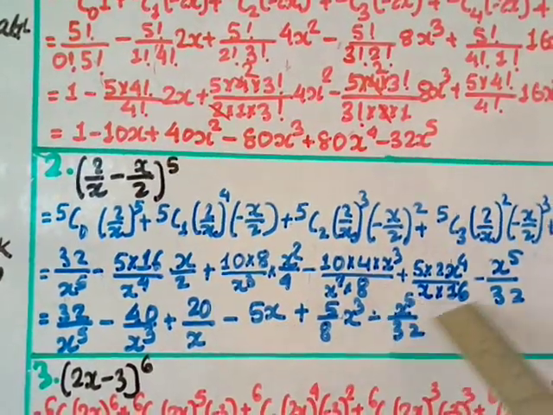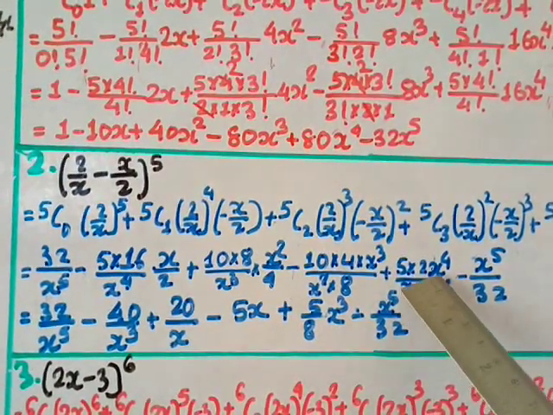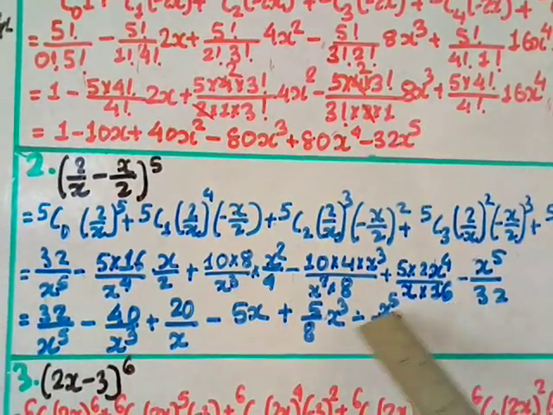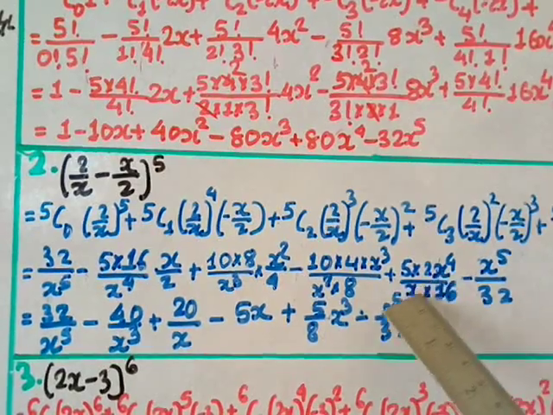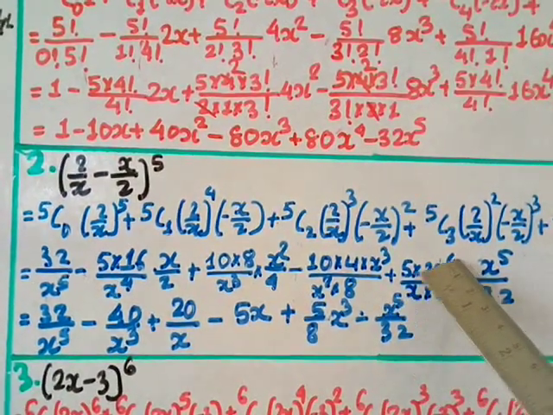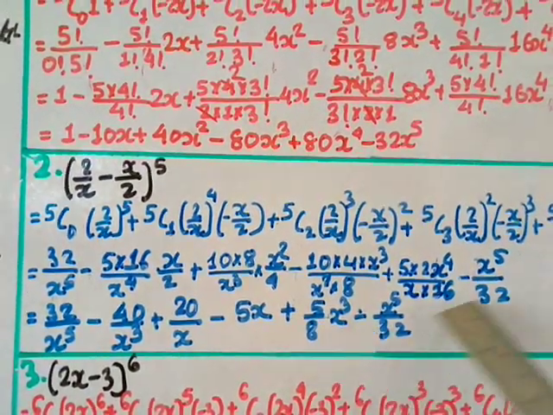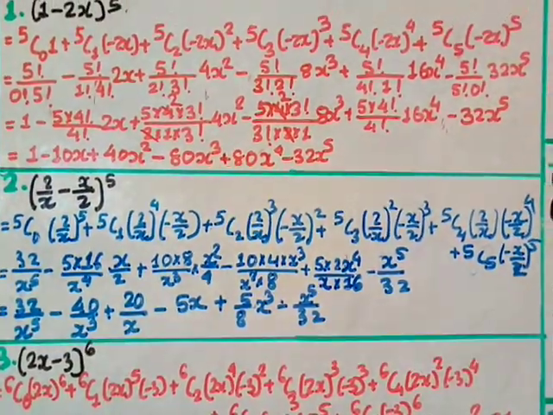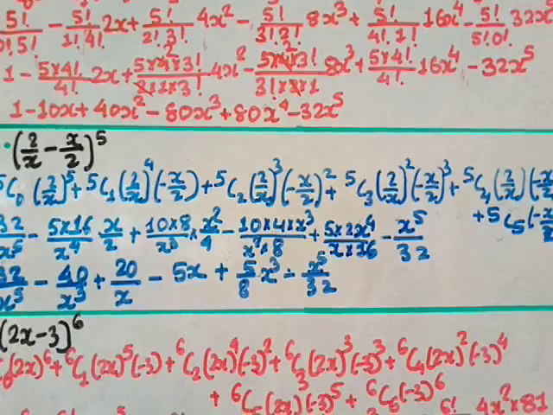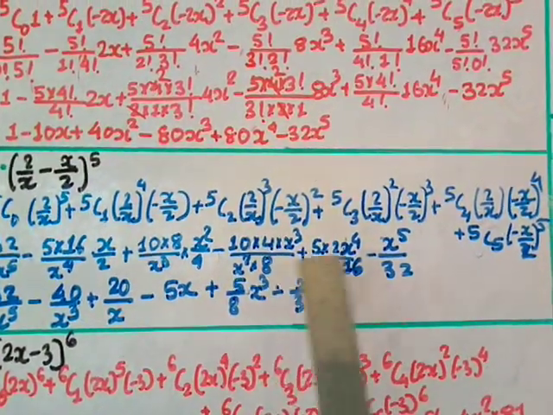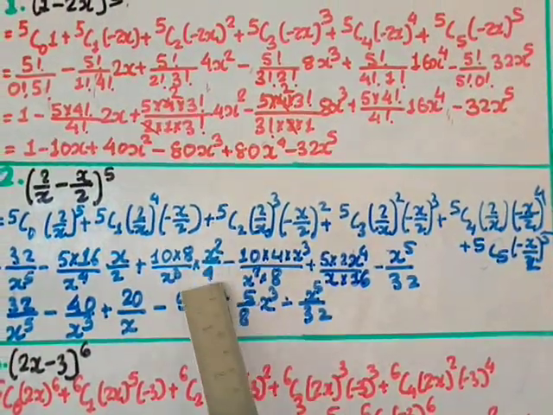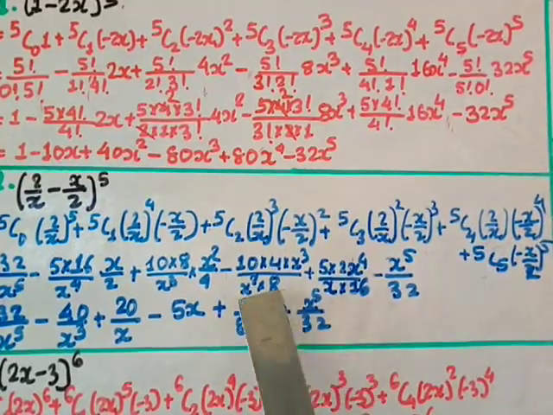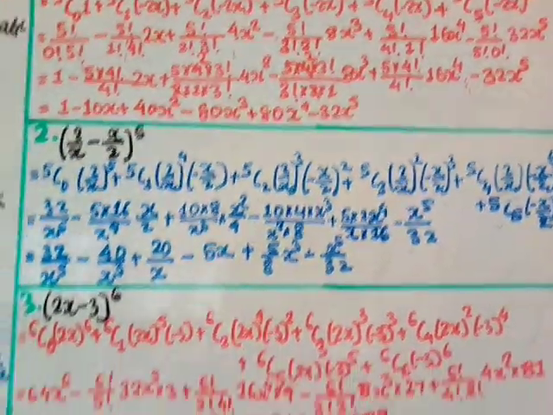Okay, plus here you can cut 2 by 16 by 2, right? So when you cut here, you get here 8 and here 5, here x and x power 4, so this also you can cut, you get x cube, minus here remains same, x power 5 by 32. Okay, so that is the answer or expansion of question number 2. Okay, so that is the answer, and this is the expansion. Try to understand this part. Okay, these all parts, don't make mistake, otherwise the answer will be wrong.